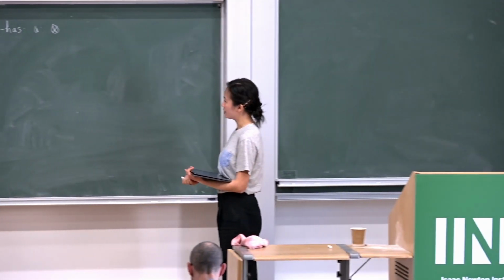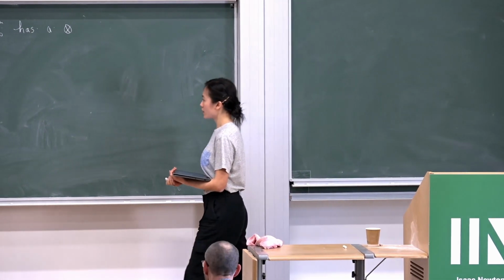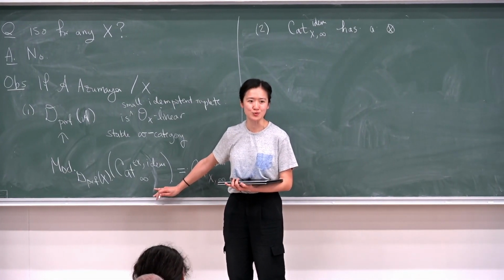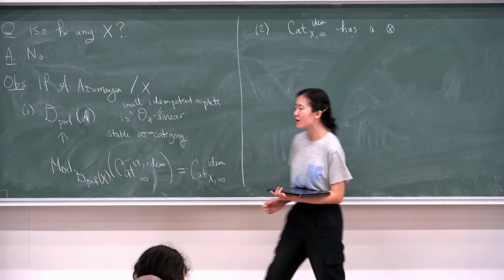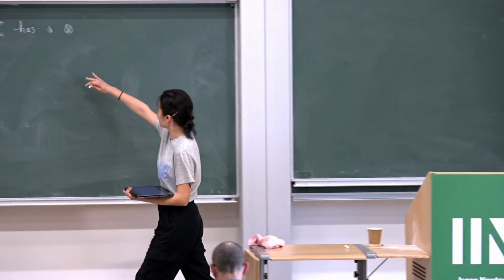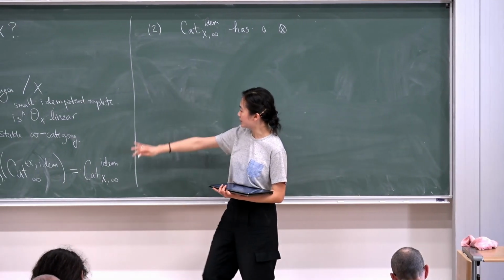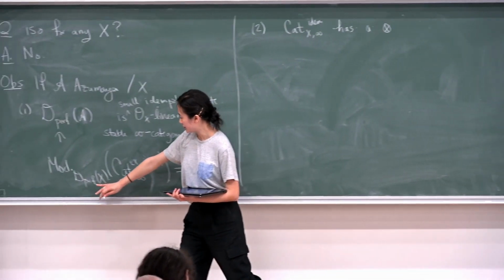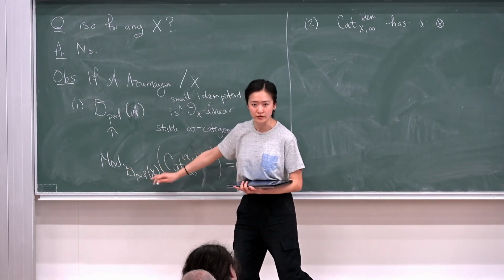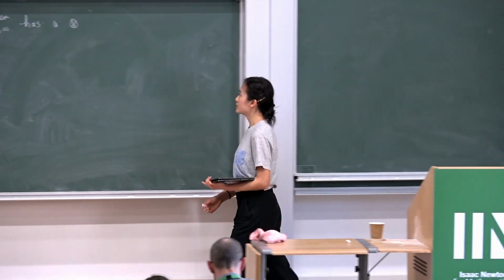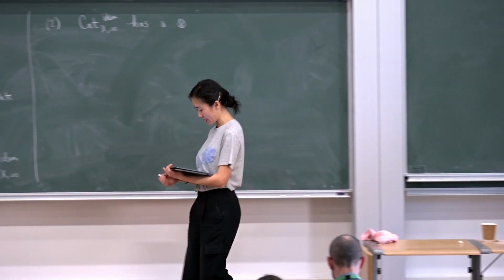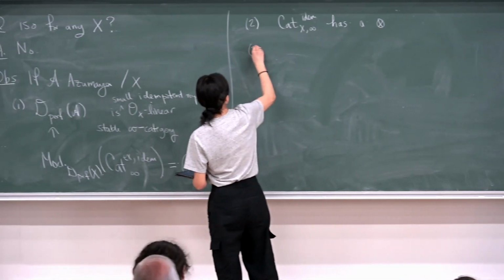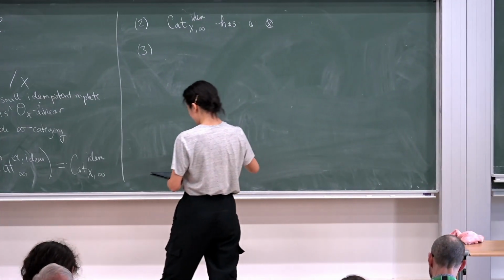Oh, you know what? I was a little imprecise here. It's not quite the Lurie tensor product. I want to pass to Ind, take the tensor product, and then take compact objects. Exactly what I want to do is take two objects in here, take Ind, take their tensor product over QCoh of X, derived QCoh of X, and then take their compact objects. Any questions about this? Are we okay with this? Great.